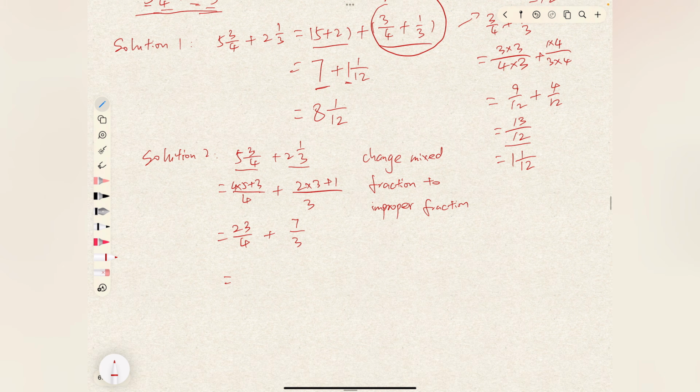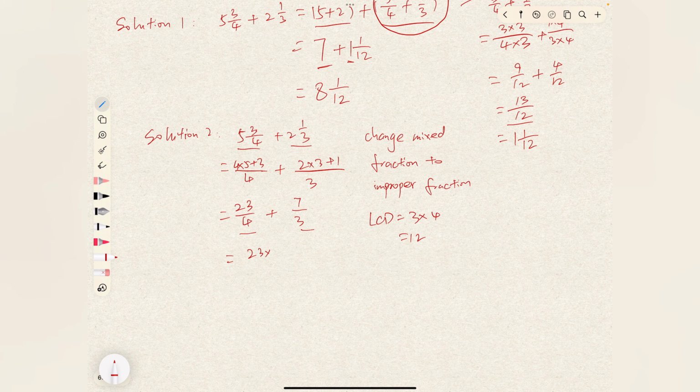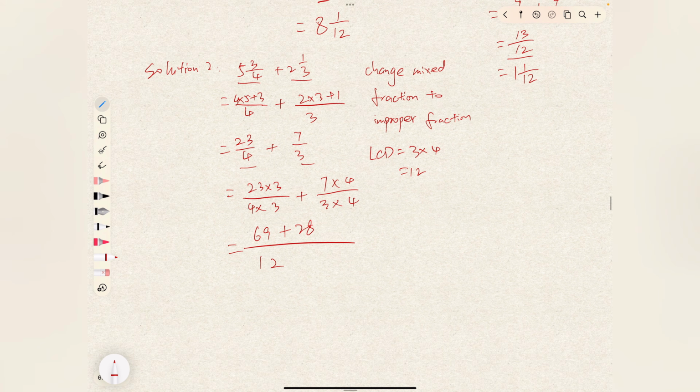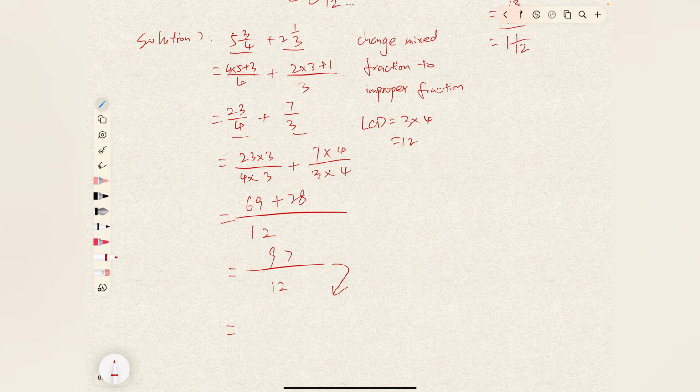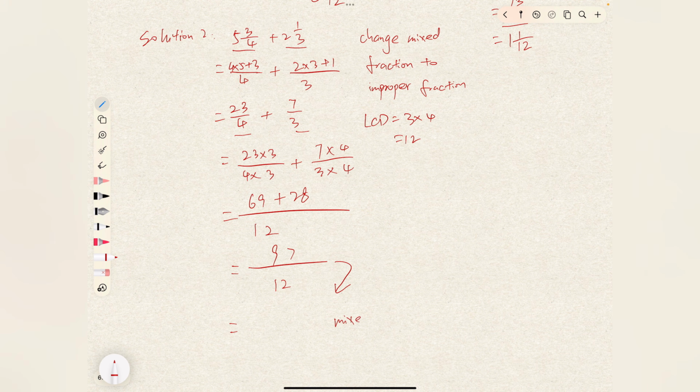Then we find the LCD for them. The LCD is still 3 times 4, which is 12. So that's 23 times 3 divided by 4 times 3 plus 7 times 4 divided by 3 times 4. That's 12. That's 69 plus 28, which is 12. That's 97 over 12. And then we convert this fraction back to the mixed fraction,